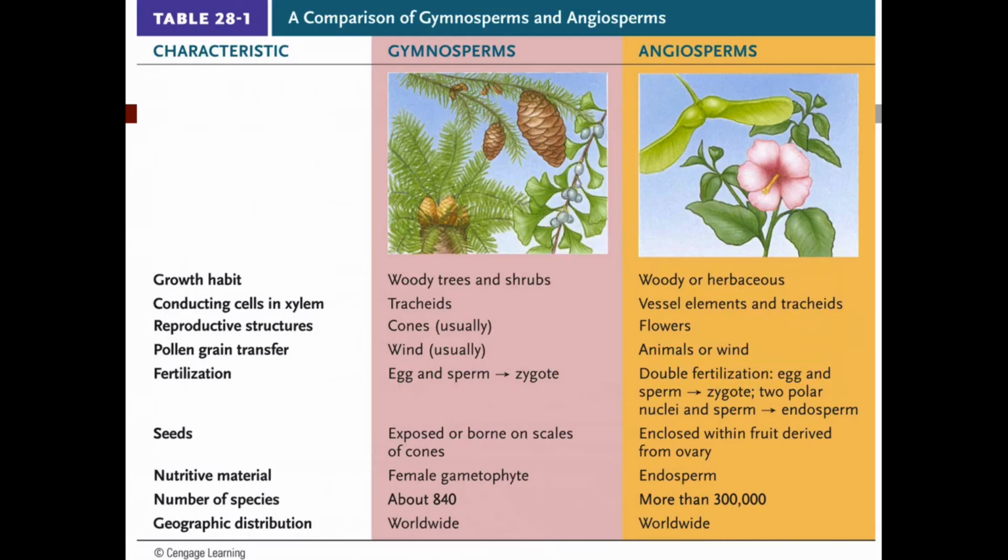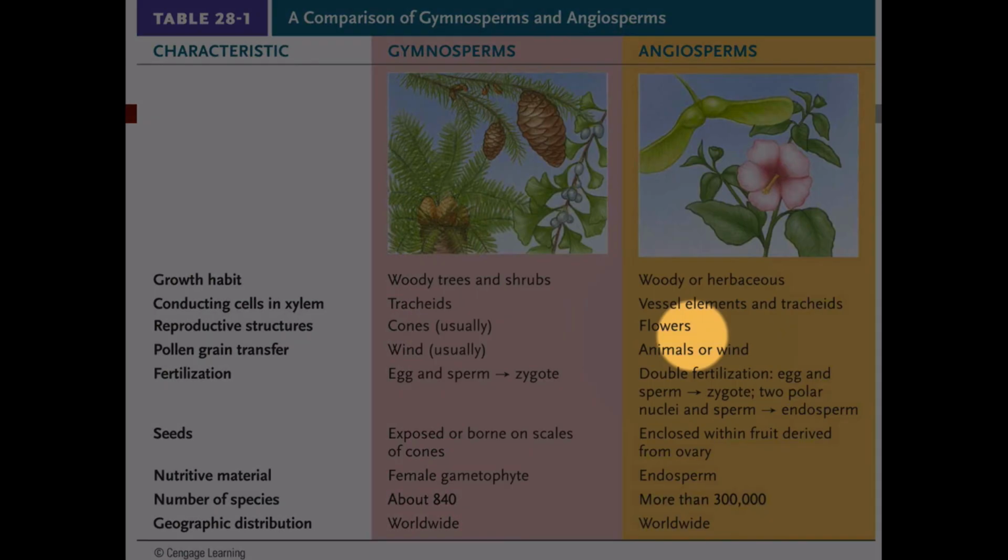So in your text, you can find this very same figure. I see it's a great way to contrast both gymnosperms and angiosperms. It gives you the growth habit. Gymnosperms, they grow as woody trees and shrubs. They have tracheids to conduct in xylem. They reproduce by way of cones, the reproductive portion, as you all do see. The cones that are here, the cones that are there, and the cone that's there. And even the cones here, I almost forgot.